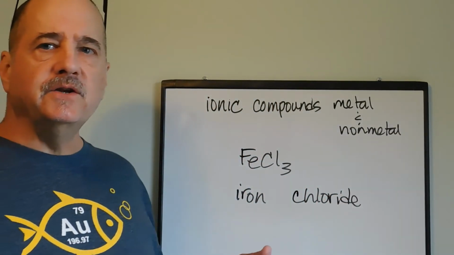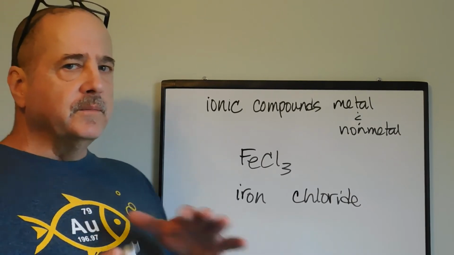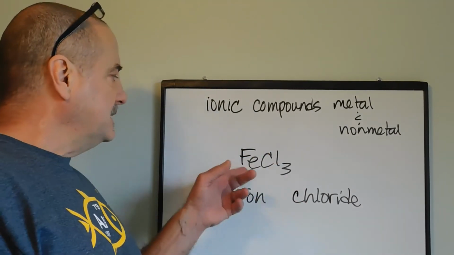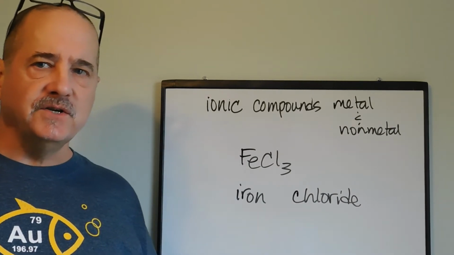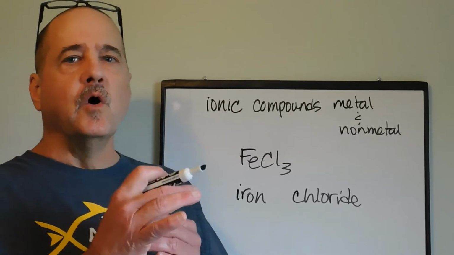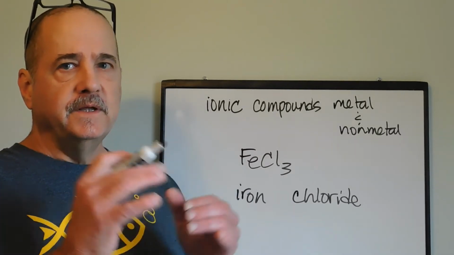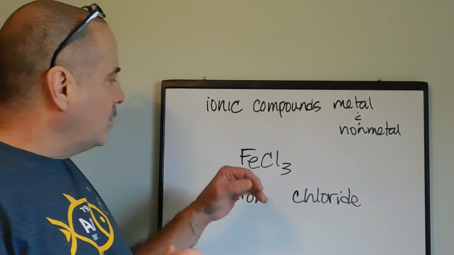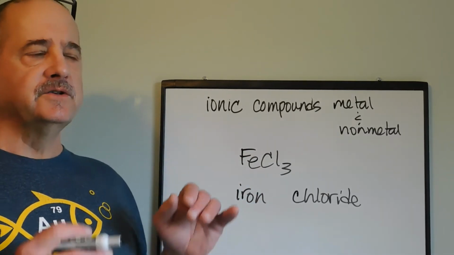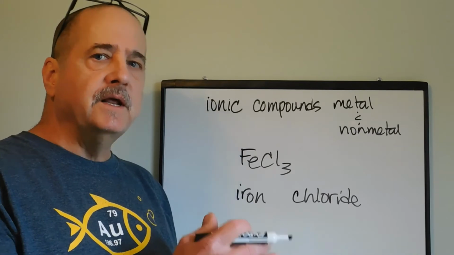Now you look at it and you see if it's a transition metal. Remember, if it's not a transition metal, at this point in time, you're done. In this case, iron is a transition metal. So this is where you have to remember what your Roman numerals are. You got to figure out what the charge is of iron,